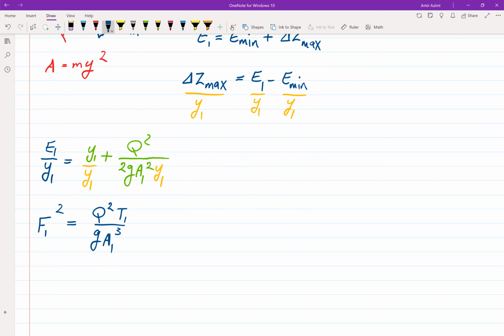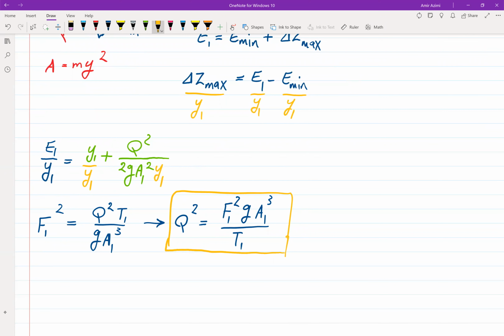And then if I rearrange that based on discharge, I'm going to have Q squared is equal to F1 squared G A to the power of 3 divided by T1. So I can use this relationship to convert discharge into Froude number in section 1. So if I replace that expression here,